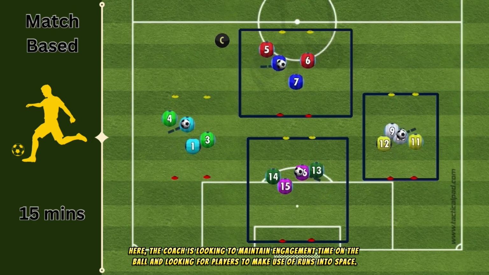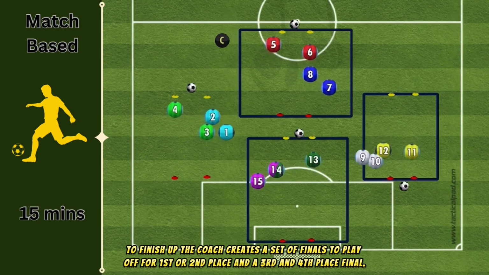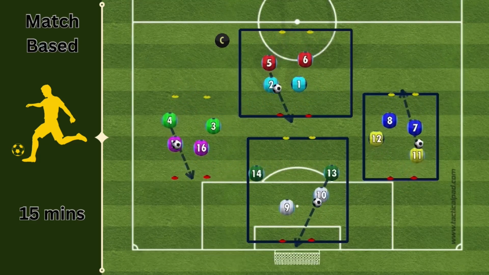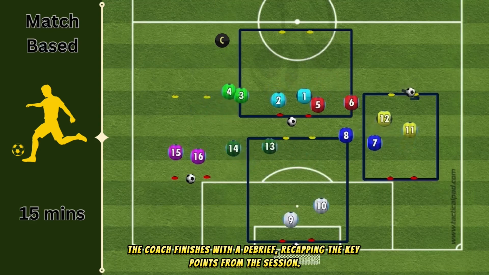runs into space. To finish up, the coach creates a set of finals to play off for 1st or 2nd place and a 3rd and 4th place final. The coach finishes with a debrief, recapping the key points from the